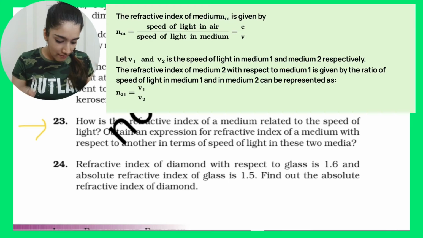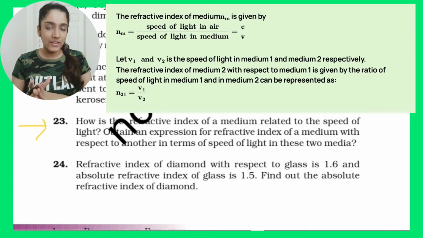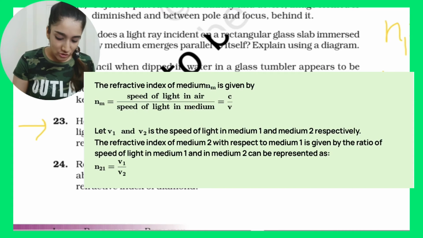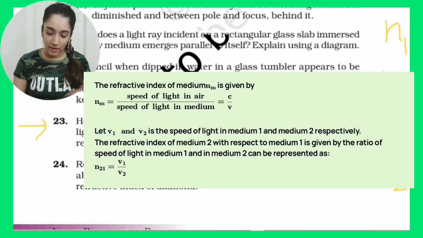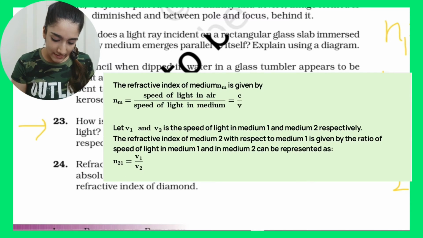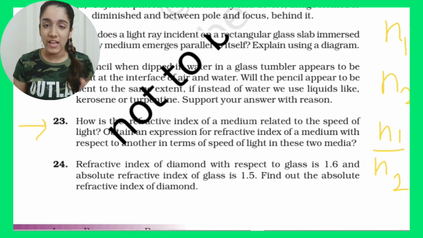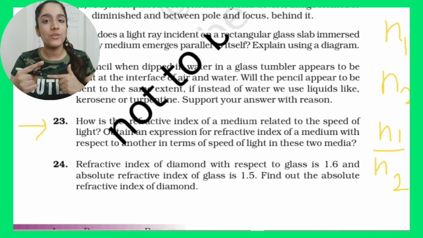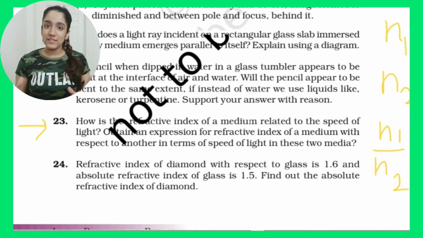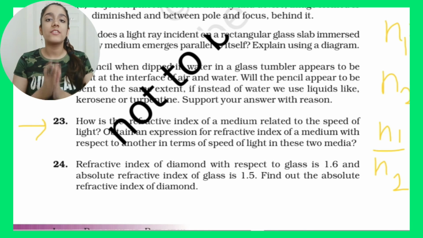What are they saying? We have to find the refractive index of one medium with respect to another medium. So we can just divide this. N1 by N2 would be what? Here if you divide C by V1 by C by V2, what will this be? It will just be the reciprocal, and we will just reciprocate the V2 and V1. What will it give us? V2 by V1. So you can just explain this formula in detail when you are answering this question,